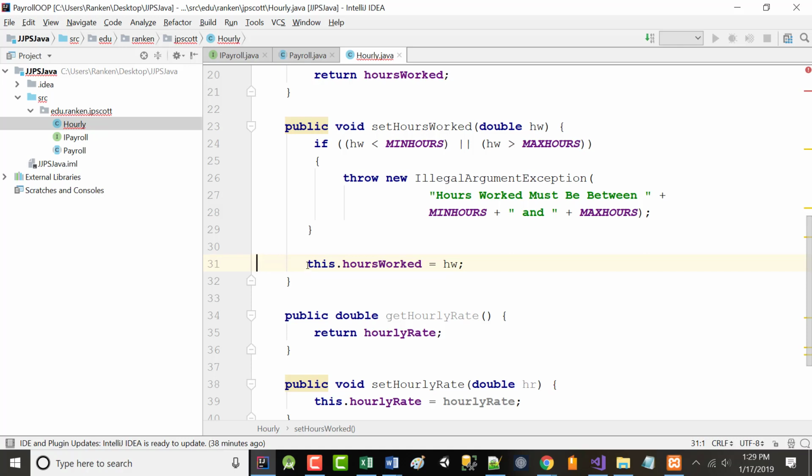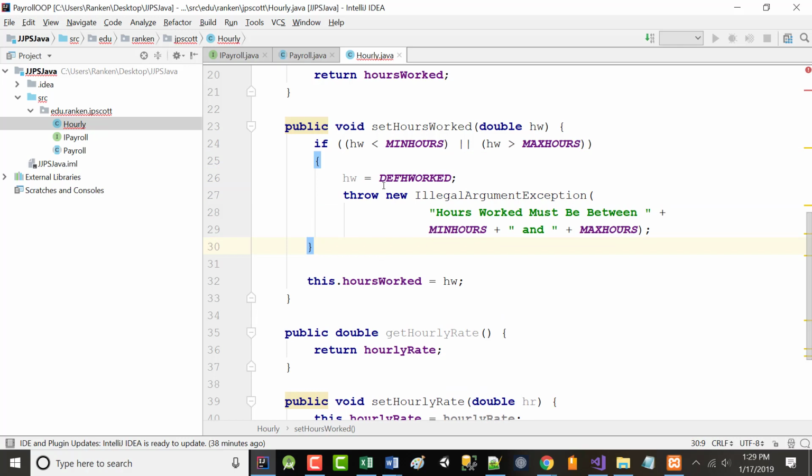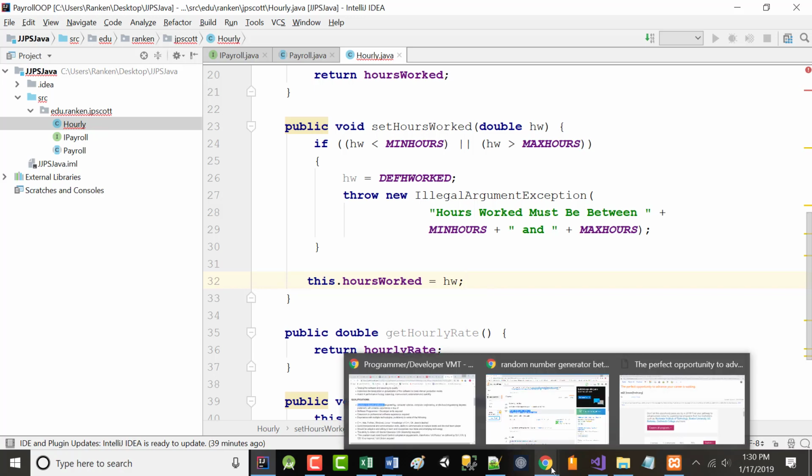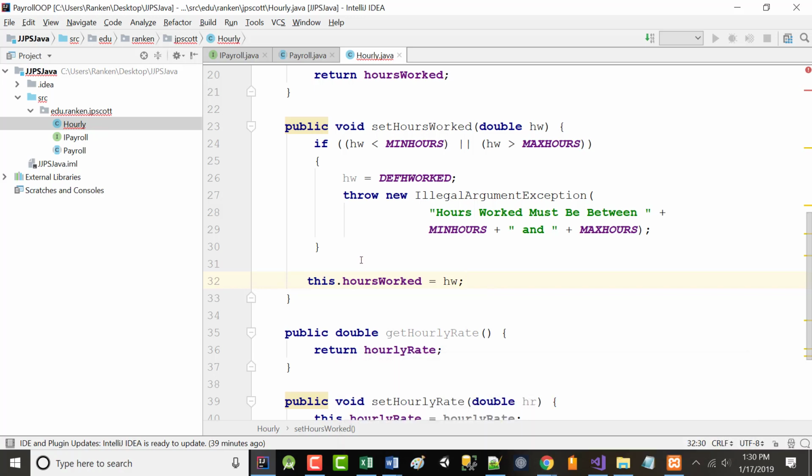I don't understand why it's saying that, because we are using it here. See, what do we have here? We're setting it equal to 40. Now, would you agree there's no else here, right? So if the person did have a number of hours that were within range, that's going to happen there. We could literally put a this here and then put it here, but that's redundant. So I would leave it the way that it is. And if it's going to give a warning, it's going to give a warning.